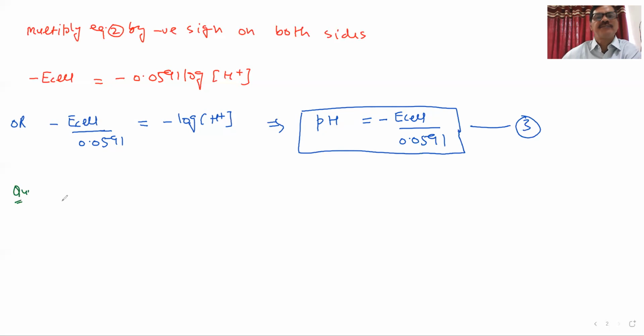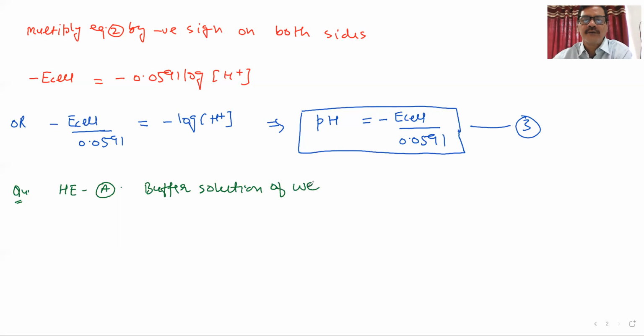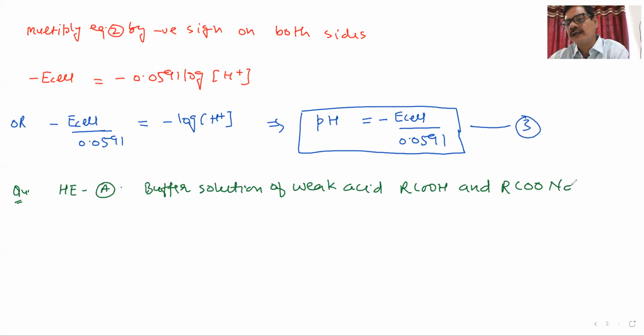Say we are having hydrogen electrode A. It contains buffer solution of weak acid, say RCOOH, and its salt RCOONa